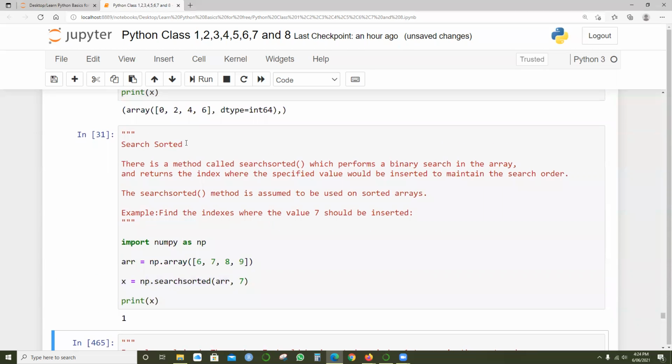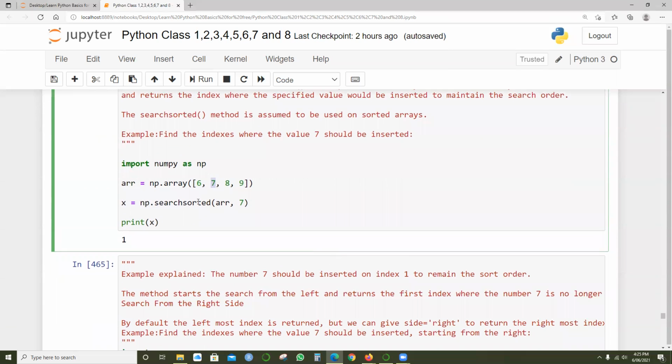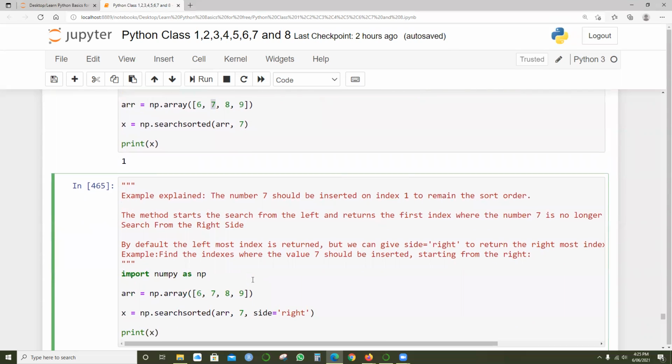So what I'm trying to say is, what is searchsorted? It just provides the index value. Tomorrow, if I want to replace a value, first I want to find this index value and then replace it. That will be an easy method. Once I know at what index the value is residing, search sorted array of 7 looks for the value 7, but we are printing the index value. So the first index. One more example.